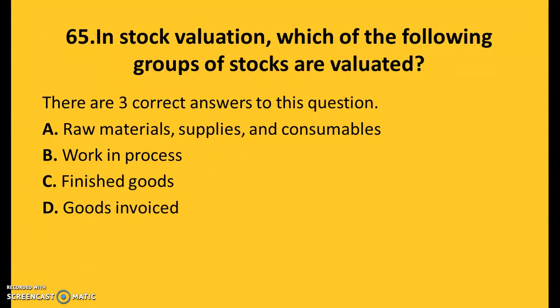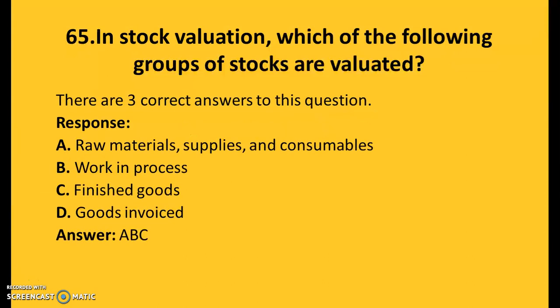In stock valuation, which of the following groups of stocks are valuated? There are three correct answers for this question. A, raw material, supplies and consumables. B, work in progress. C, finished goods. D, goods invoiced. So the answers are A, B, and C: raw material, supplies and consumables, work in progress, and